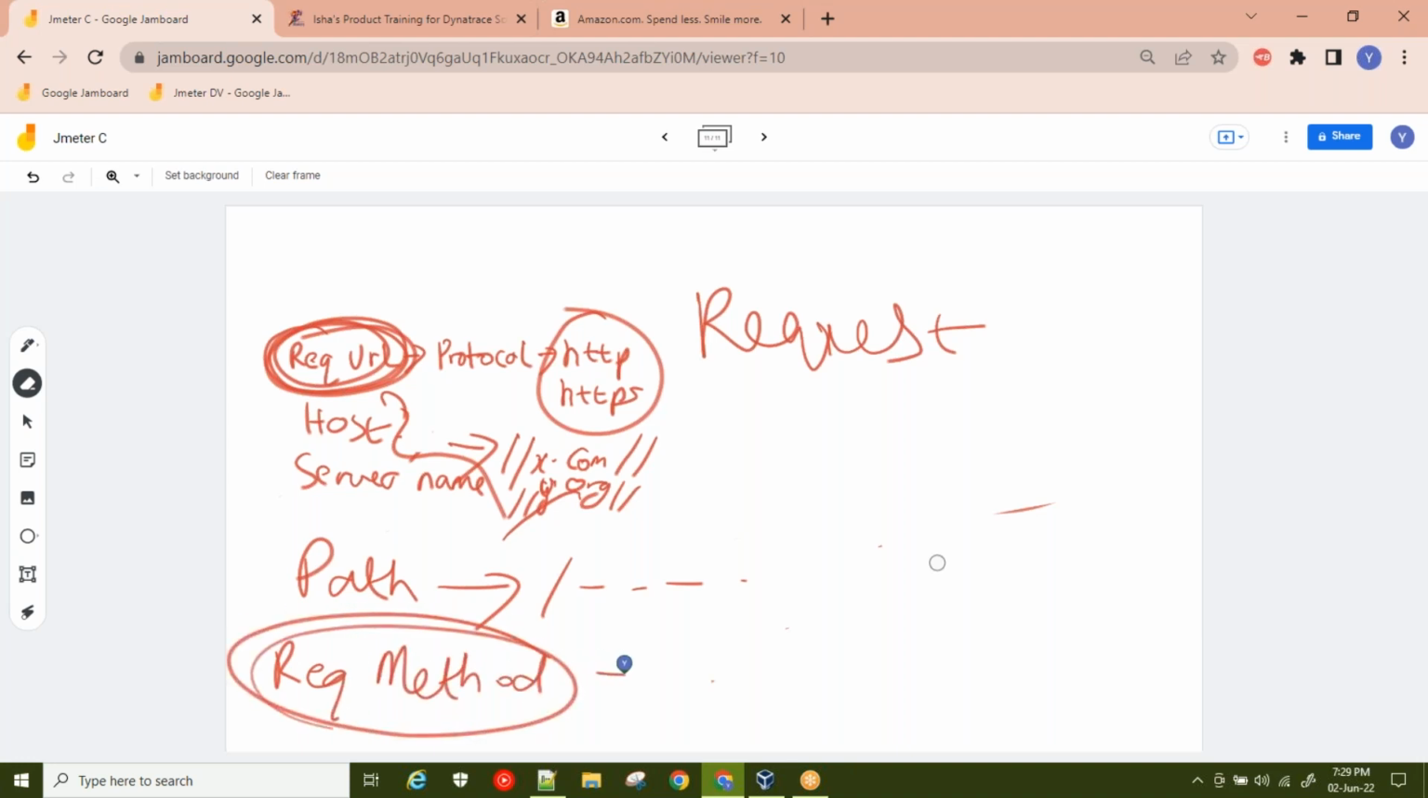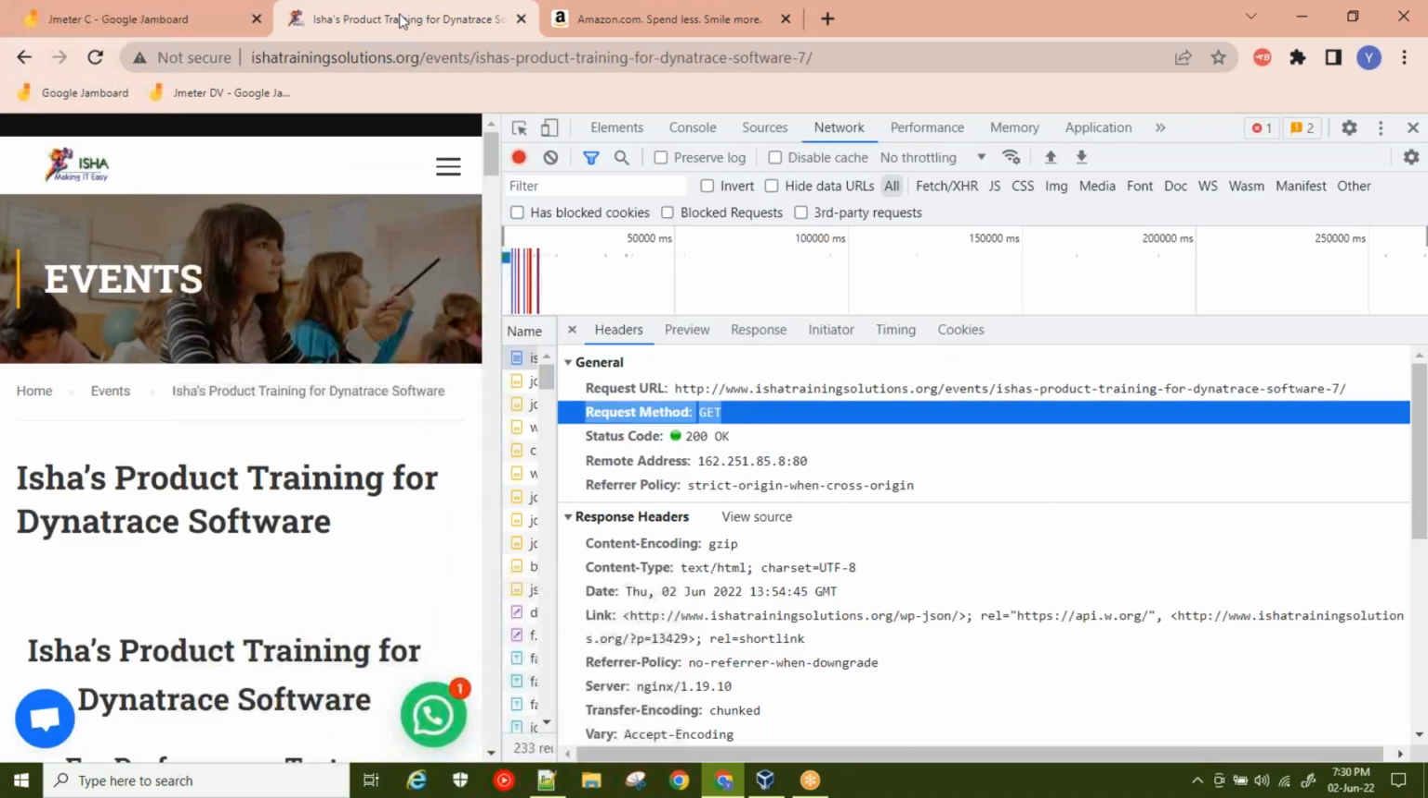Now, request methods. There are different types of request methods like GET, POST, PUT, and maybe DELETE. So request methods are nothing but, see, now you are sending a request. Wherever you are asking the server something, like "send me something," generally it is a GET